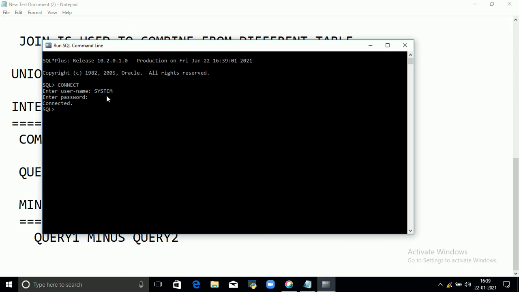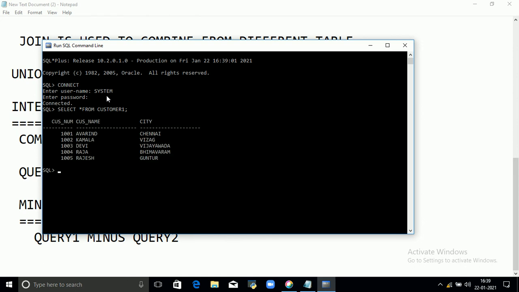I already created the two tables, so I am just selecting them. Select star from customer 1. So this is the customer 1 table. Next, the customer 2 table. So these are the two tables.